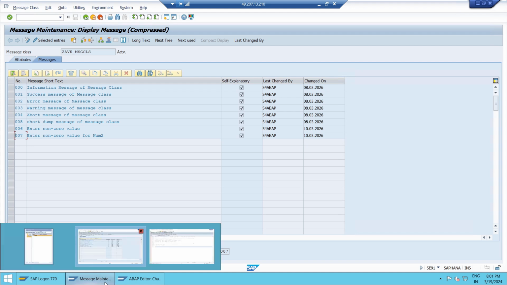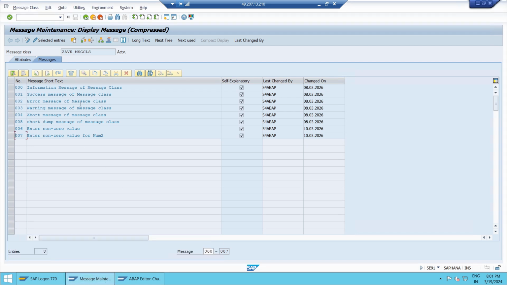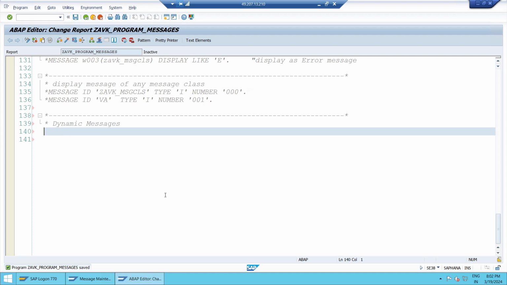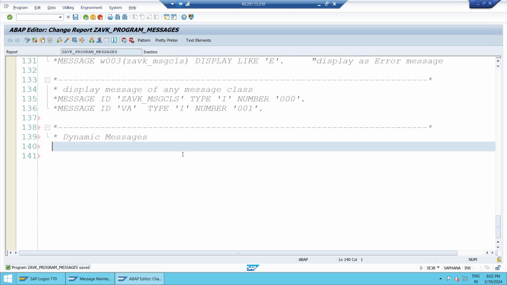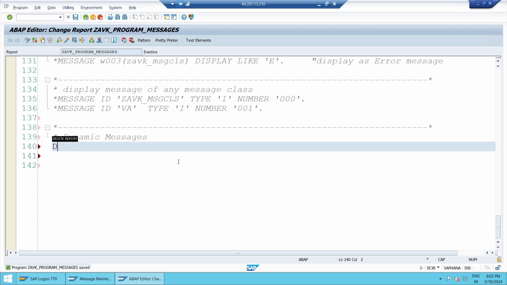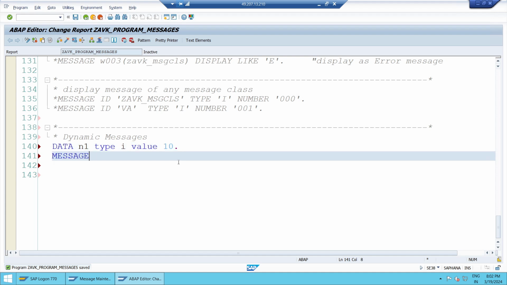Now, again, I have one message class here, and this is my program, dynamic messages. I will introduce the dynamic concept. First concept, dynamic messages. I will go with the same example only, because I don't want to confuse you. Same example, so that first message, I000. Now I have to go to